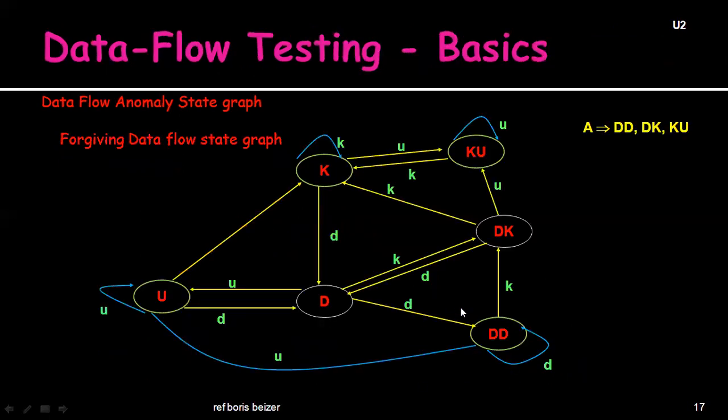So this is how we can represent it more precisely. Don't get confused with these capital letters and small letters. So these are the 2-letter states: KU, DK, and DD. These are the situation states, and the small letters, these arrow marks, the links, show the actions we are performing between these states. Understood?